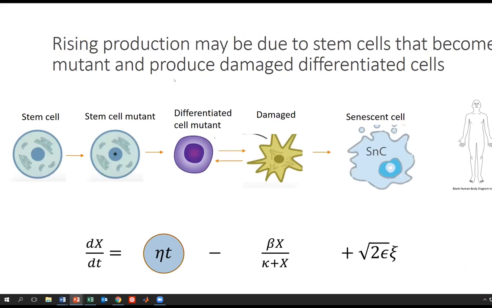And why does senescent cell production rise with age? My favorite explanation is that, I mean, what's the difference between us at age 10 to 20 and 70 to 80? Something is different, and it can't be just cells that are replaced like skin cells, because they only last a month. It has to be something that stays in our body. So my favorite hypothesis is that you have stem cells, they divide at about a constant rate when you're an adult, and supposedly become mutant in a way that doesn't harm the stem cell, but the differentiated cell now expresses mutant protein. Maybe they're unfolded, get carbonylated or whatever, and that becomes damaged and therefore senescence.